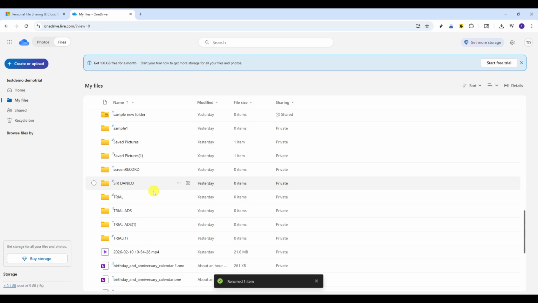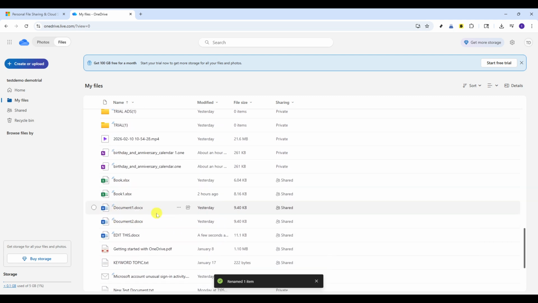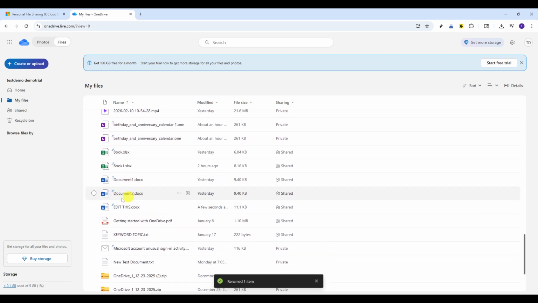Open OneDrive on the web, go to My Files, select your item, choose Rename from the top bar or the right-click menu, type the new name, and click Update. A clear, consistent naming convention will make everything easier to find later, and this quick rename workflow helps keep your